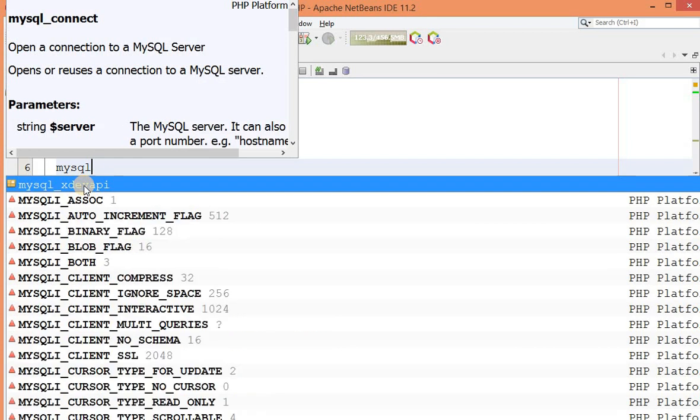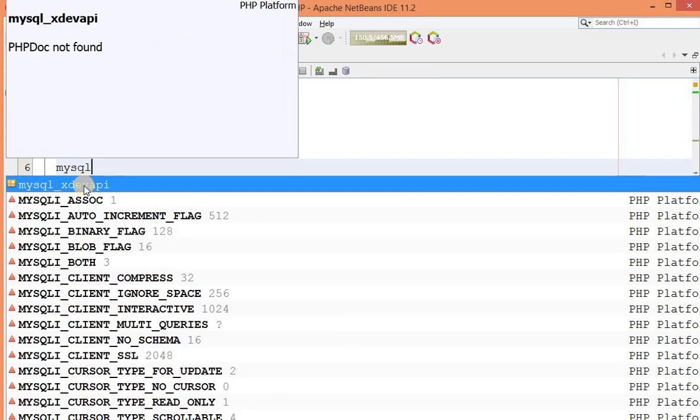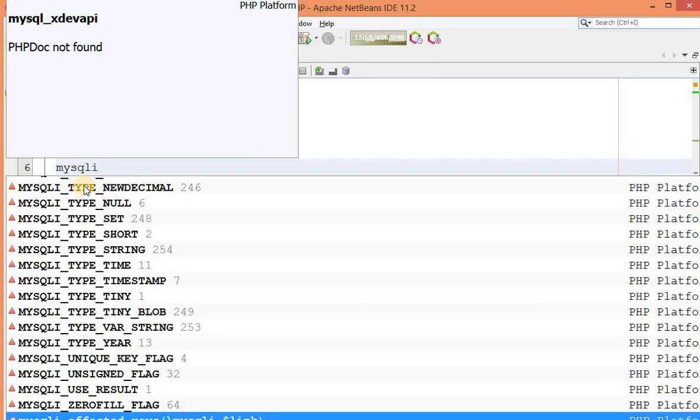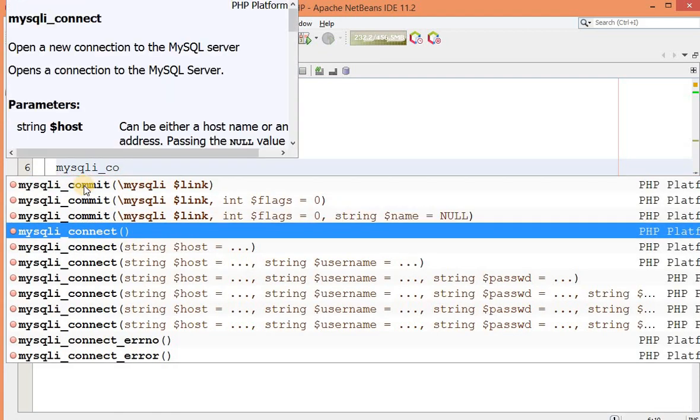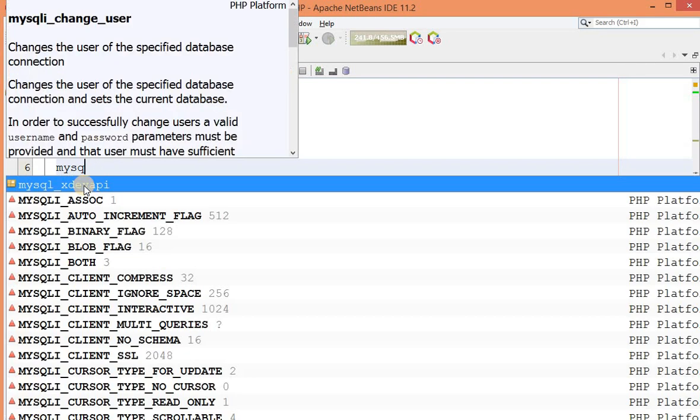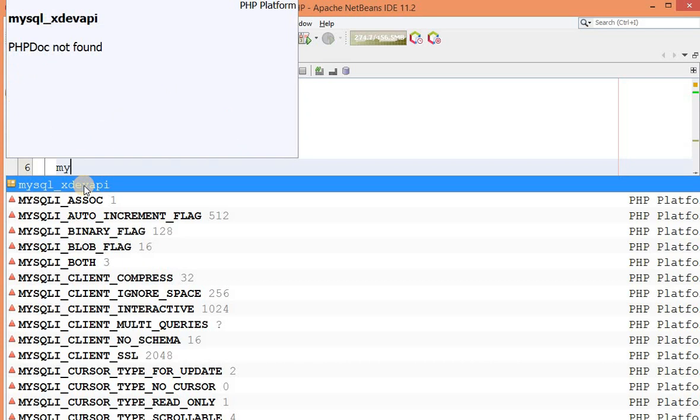Now I'm going to type mysqli_connect. Over here you can see that there are also versions of this function for MySQLi. So what is the difference between MySQL and MySQLi? If you are using an older version of XAMPP, it will only support MySQL, not MySQLi.